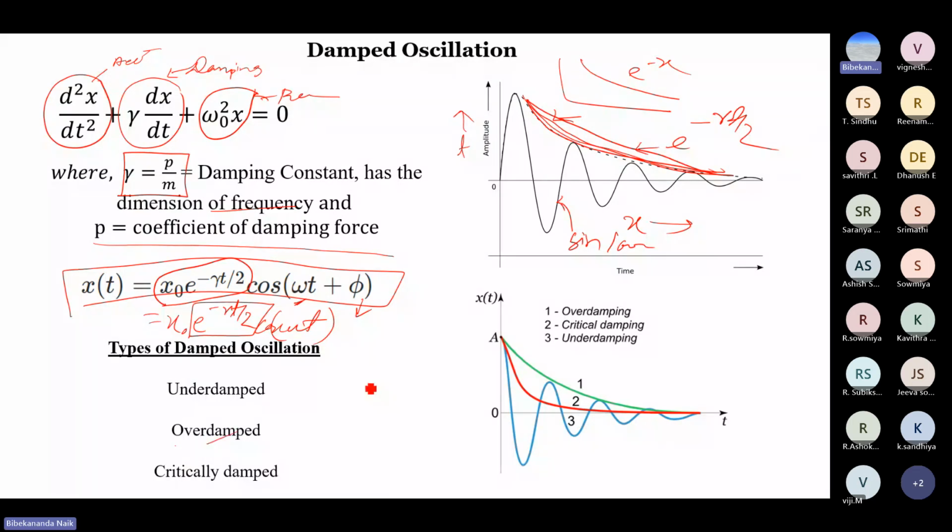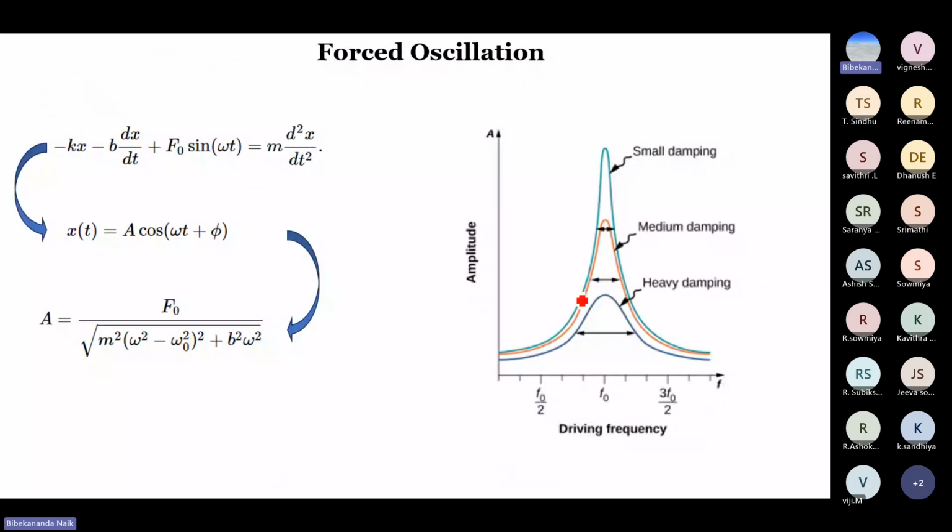And this is basically the different profile of the oscillation. As you can see, one, the green one, is overdamping, two is critical damping, and three is underdamping. So this is the profile of damped oscillation. Now talking about forced oscillation,